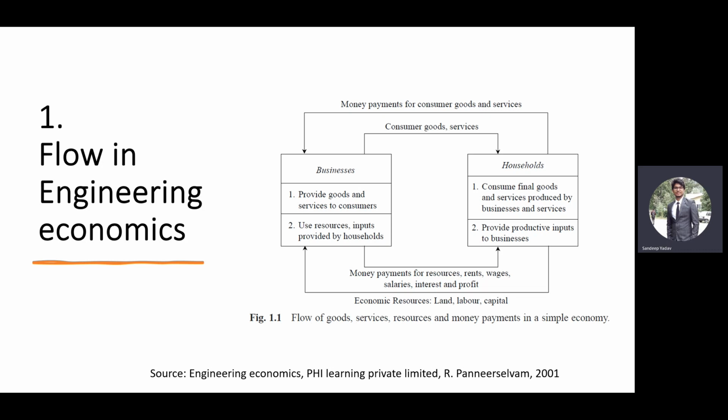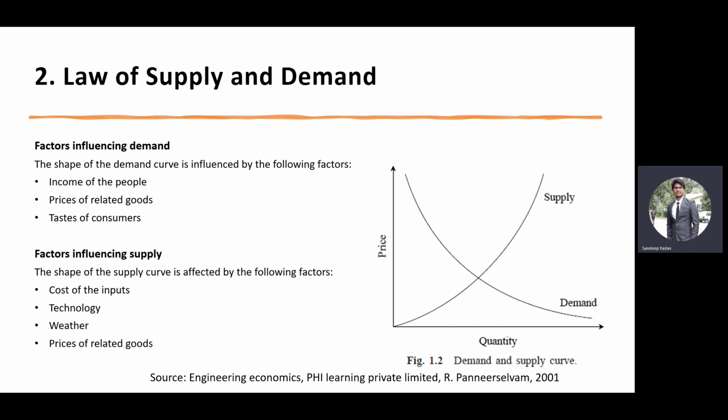Now let's move to the law of supply and demand. An interesting aspect of economy is that the demand and supply of the products are interdependent, and they are sensitive with respect to the price of that product and the quantity of that product. And the interrelationship between all these four things is shown in figure 1.2. As we see in this figure,